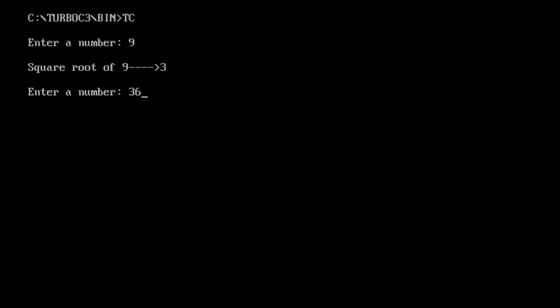So we are entering a number 9. In the previous executions, after one run, it would go back to the program. Here you can see that even after the execution of the first number, we found the square root of 9, and again it is asking for a second number to be entered, so we can find the square root of the second number.